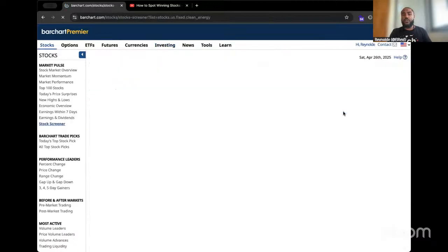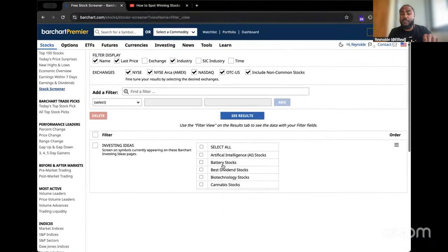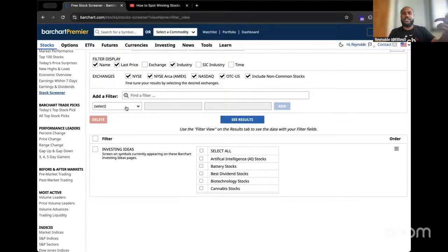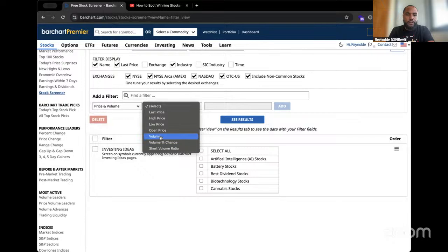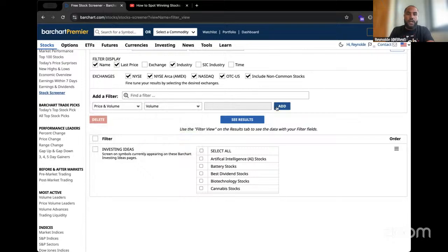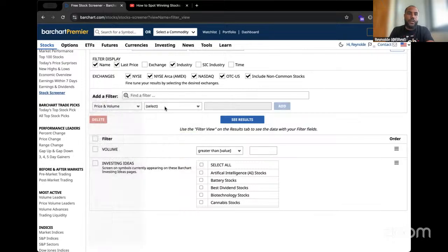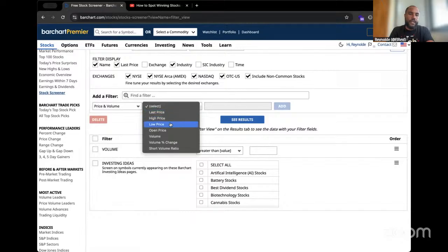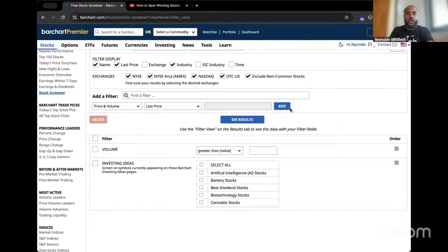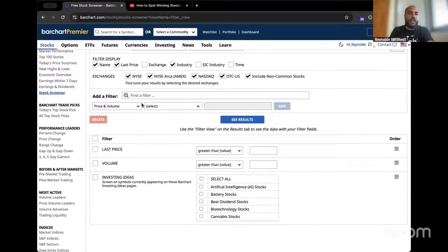So you can click screen and this will allow you to actually put in different settings. Let's say you want, let's say we'll do a volume, right? So we want volume as an indicator, and we also want price as an indicator. Let's say last price is what we want as an indicator. And then